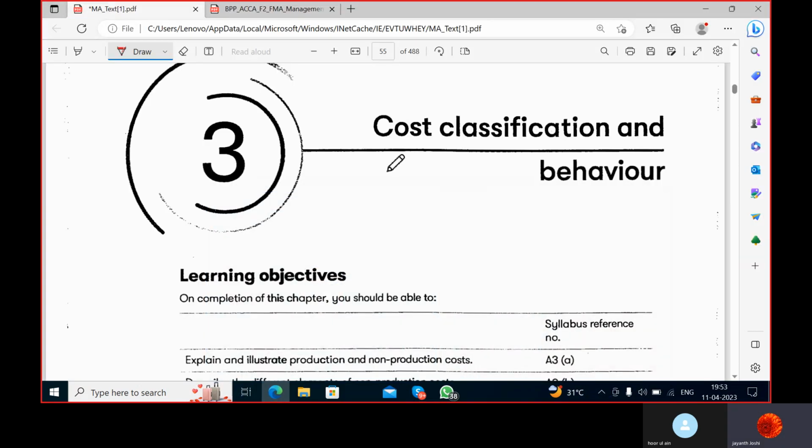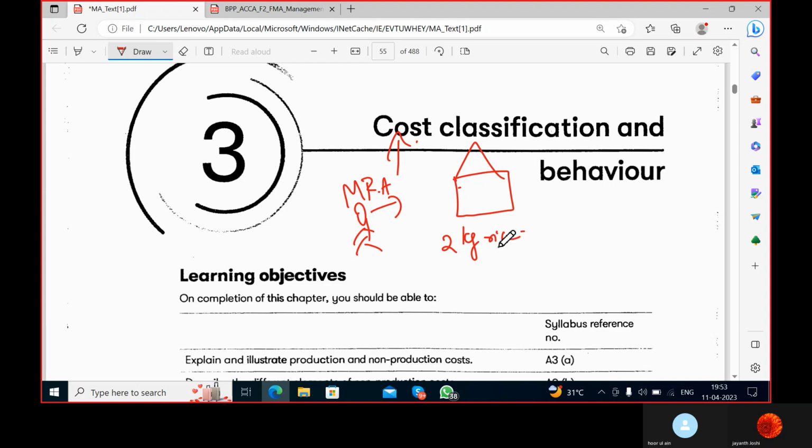Okay. So the first and foremost question we need to discuss today is what cost actually is. Suppose this is Mr. A, and Mr. A has gone to a shop and asked the shopkeeper to pack 2 kgs of rice. What will be the question of Mr. A to this particular shopkeeper? What is the cost of this rice? Am I right? Yes, sir. He'll ask the first question, what is the cost of this rice?